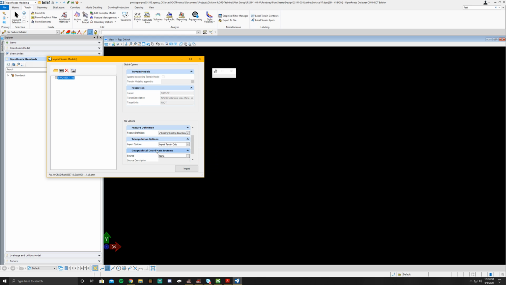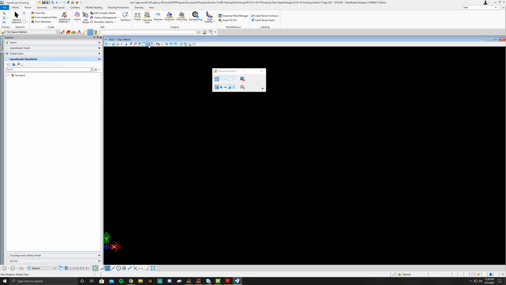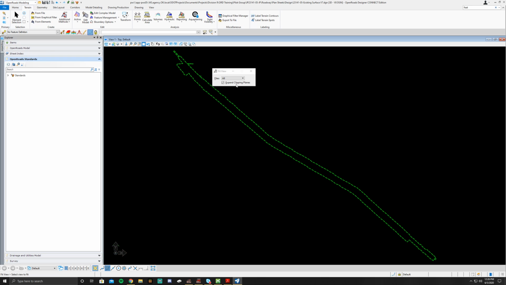Don't have to worry about the GCS. All you're going to do now is click import. You'll notice that it's already been highlighted and checkmarked for me. And when I import, it's going to gray out the title. It's also going to put import complete on the end, and it's going to uncheck that box. So what you'll do after that is exit out of this, go fit view, and your terrain is here. Once you've got this brought in, go ahead and click on it,